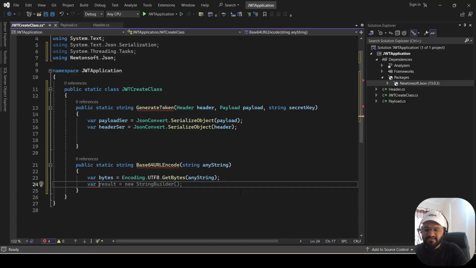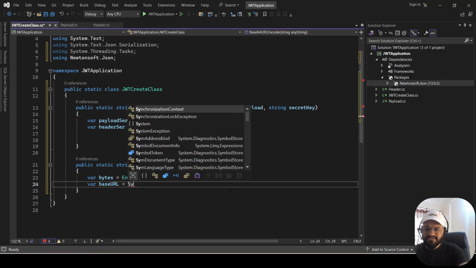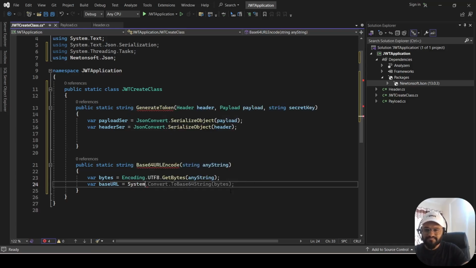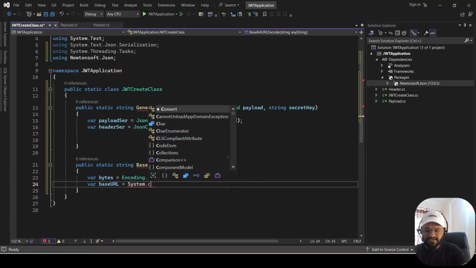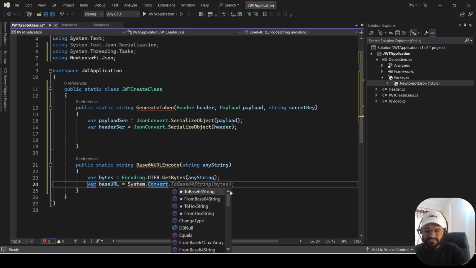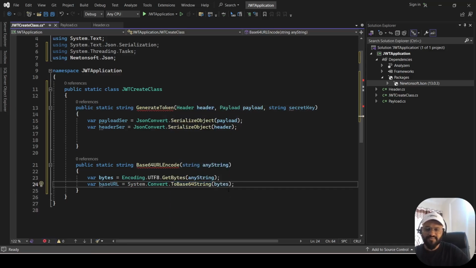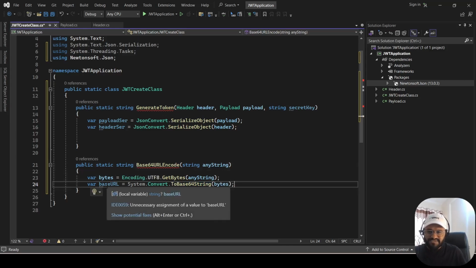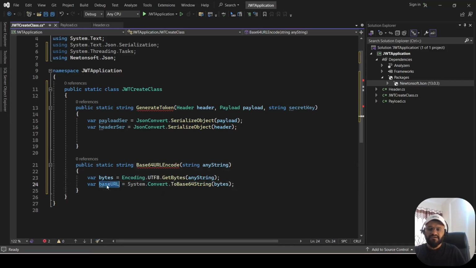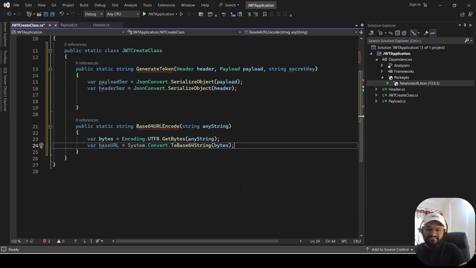So for that, what we can write is var base64 is equal to System.Convert.ToBase64String, and then we can pass the bytes. So this is what we now have. Now what happened, guys? In order to make the URL safe, we need to trim something and replace something from this. So it's better to name it base64, and let's name our next variable